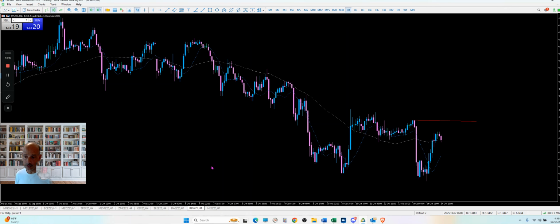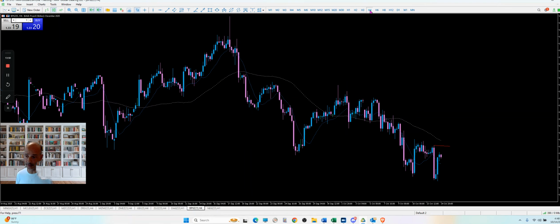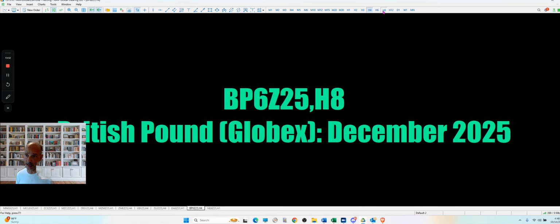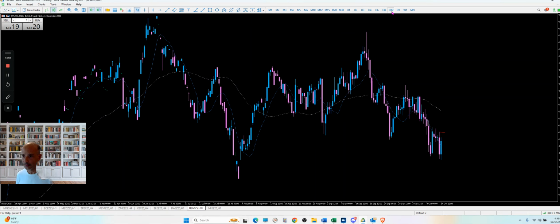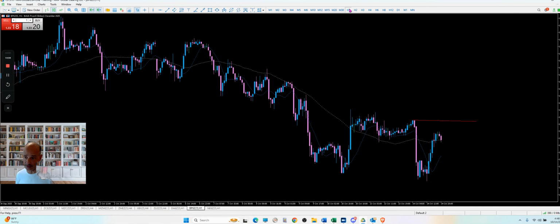Okay, British pound, from the last COT data, we should be going up. We clearly have not been going up. We've been going down really for about the last month. All right, so until we get, and again, I don't know what the COT data is showing now, any break probably above this recent swing would potentially indicate that shift more bullish. But as long as this holds right here, this could just be a retracement.